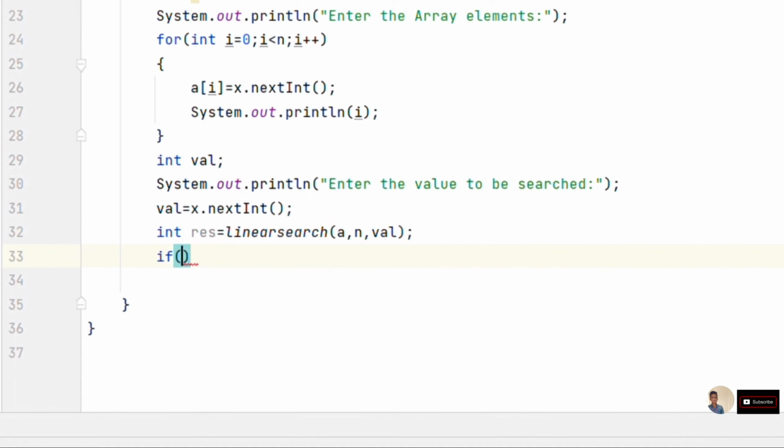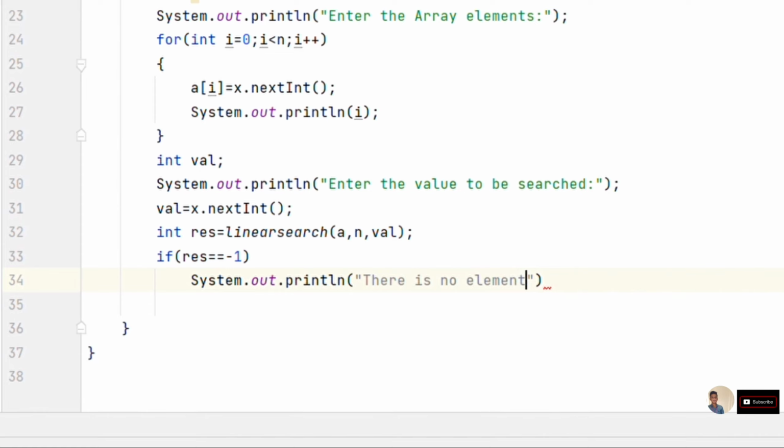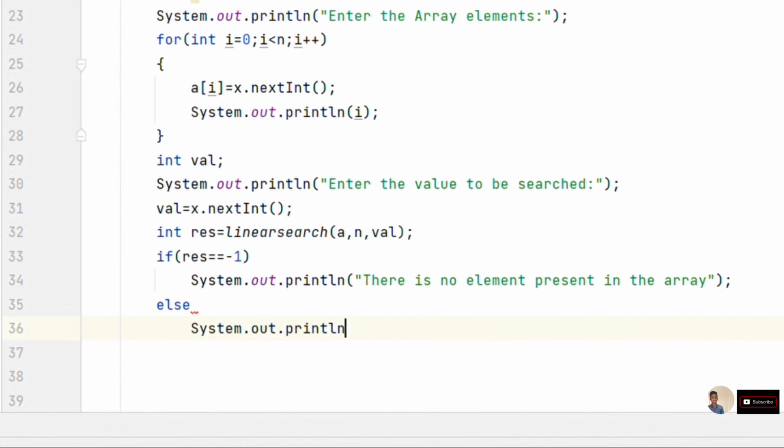If res is equal to -1, which means there is no such element in the array, we print the statement that there is no element in the given array. After that, put an else statement: if that element is present in the array, print that the element is present at that particular position, and we have to print that position.